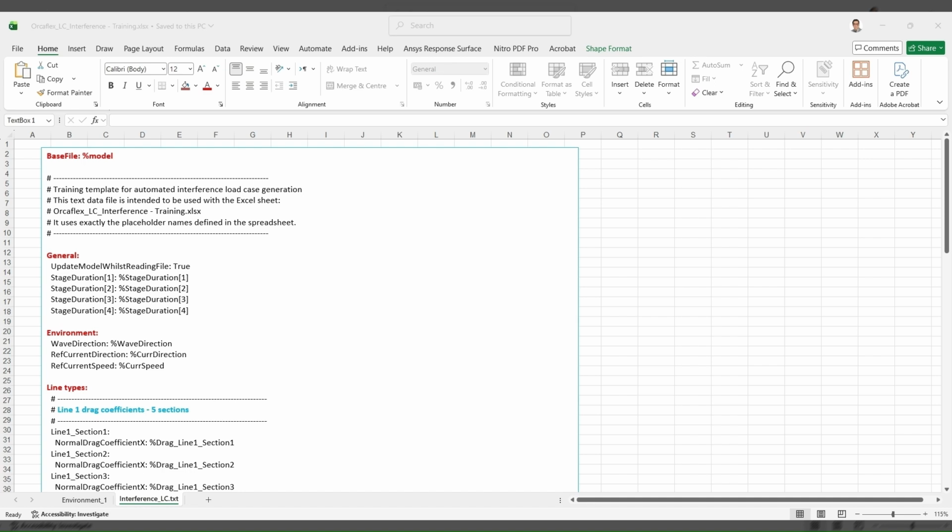The key variable here is usually stage duration 2 because it controls the constant speed part of the vessel motion, and therefore controls the target offset.